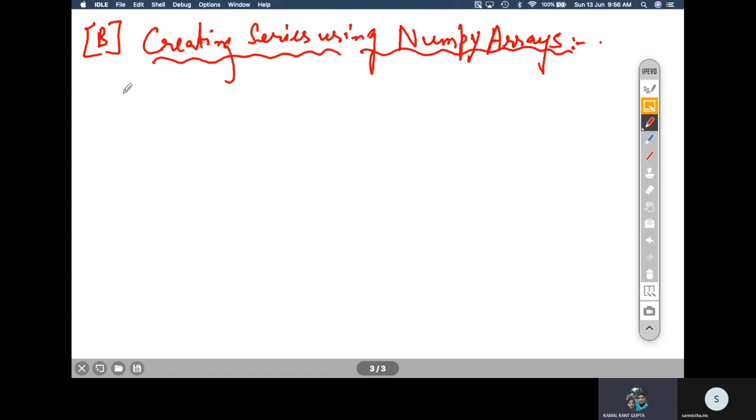So here what we have to do, we can create a series from a NumPy array, provided we have created a NumPy array first, right?